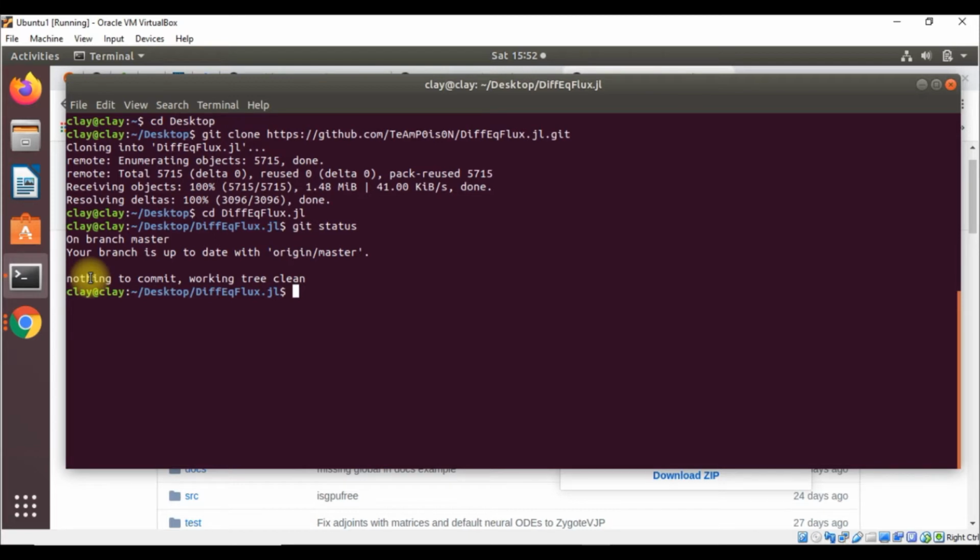Now I will tell you how to configure a remote for a fork. Before making any changes, we must configure a remote that points to the upstream repository in Git to sync changes we make in a fork with the original repository. It also allows us to sync changes made in the original repository with the fork.